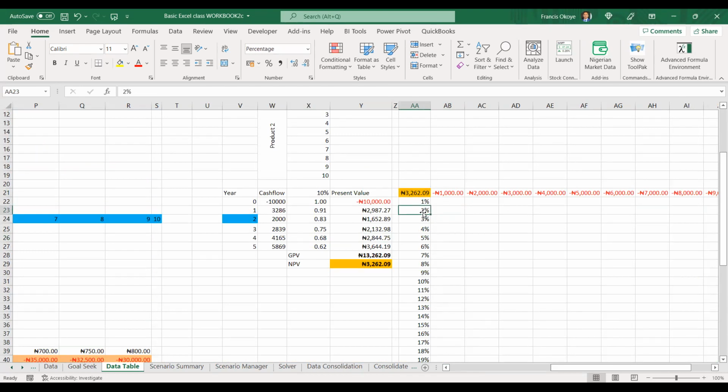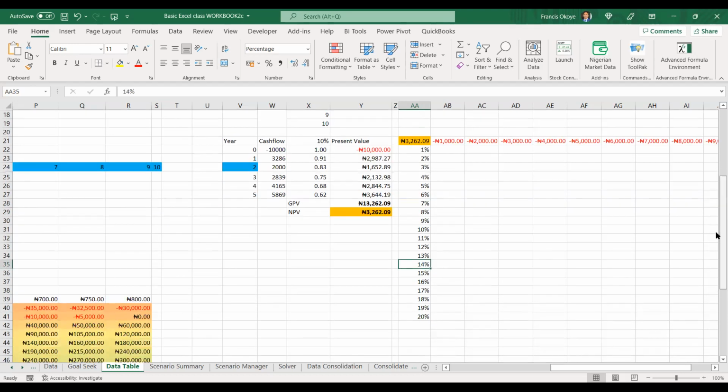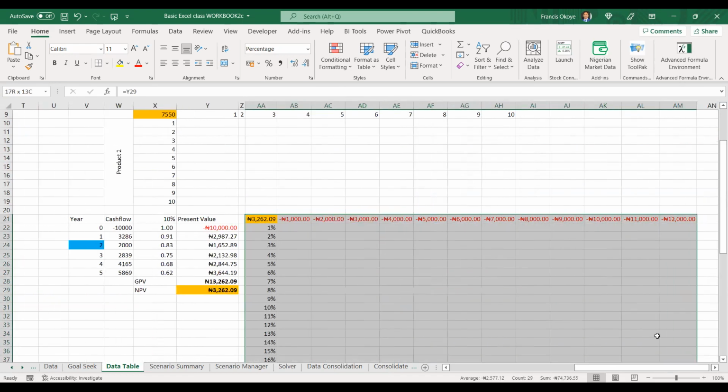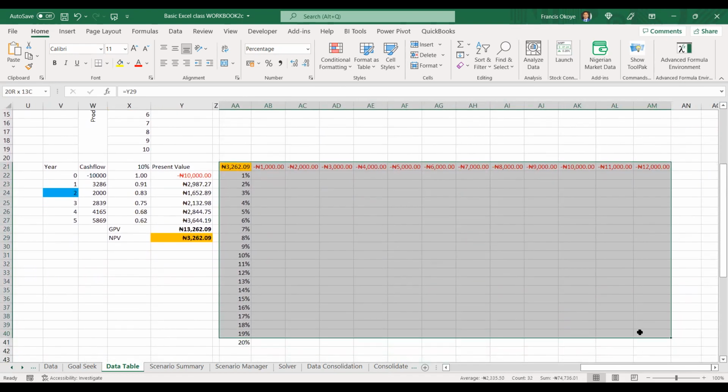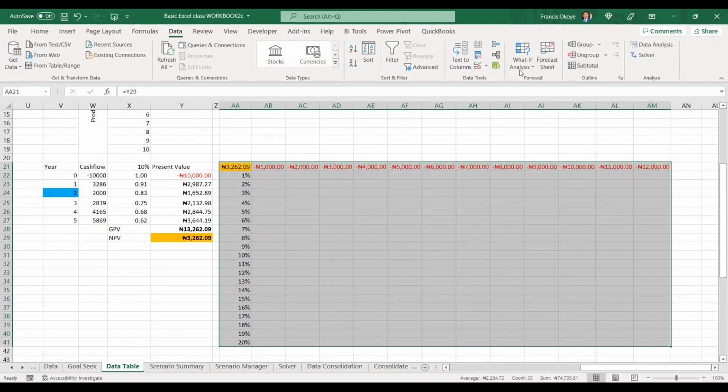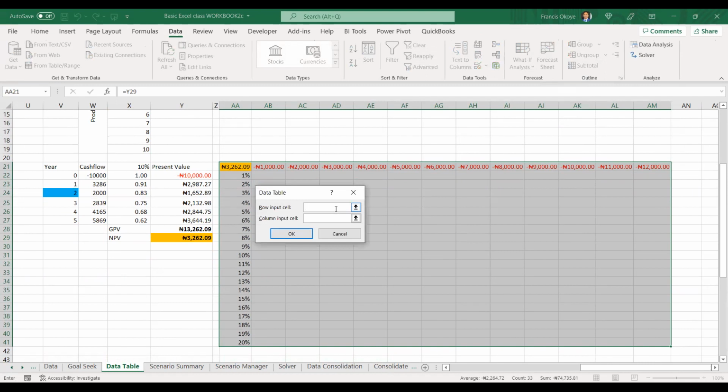You know that the higher the interest rate, the lower your profit. So you will now see the maximum point beyond which, once they increase the rate, you know there's no profit for you. You understand that? So it is based on that you calculate your data table. It will be like a negotiation tool. Once they are saying, oh, at 15%, at 20% already, you should know whether this thing will make business sense for you or not.